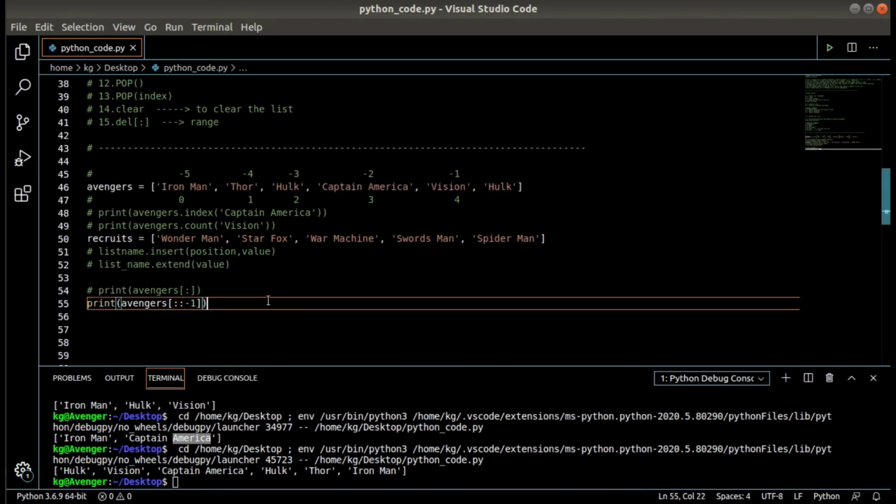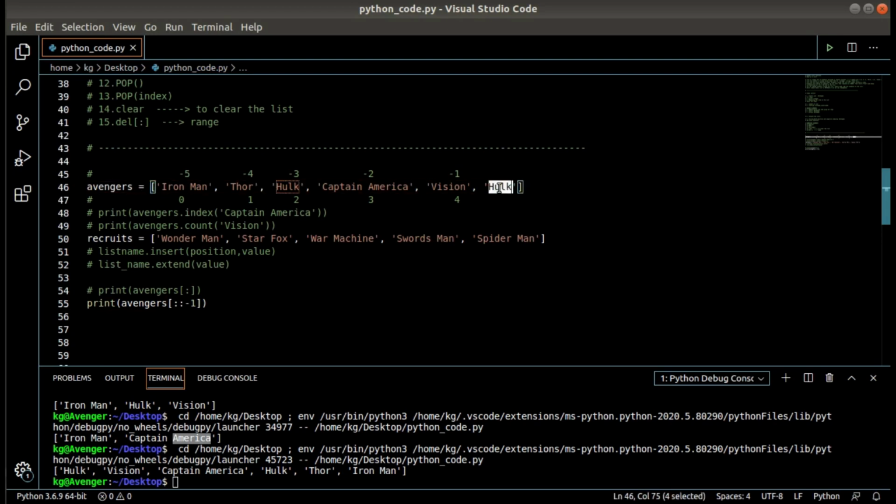Here is one more thing, a tricky question that might be asked in the interview. We have to print the list from Hulk to Hulk. So this is -1, -2, -3 and -4.